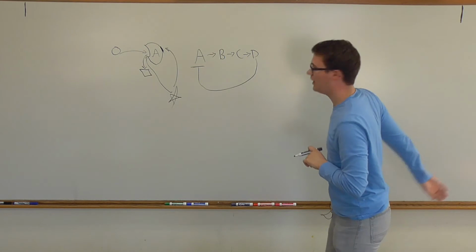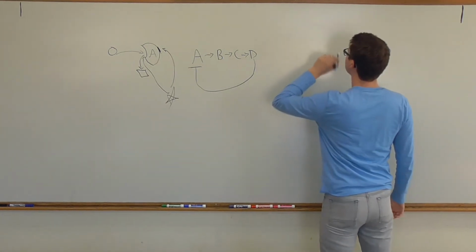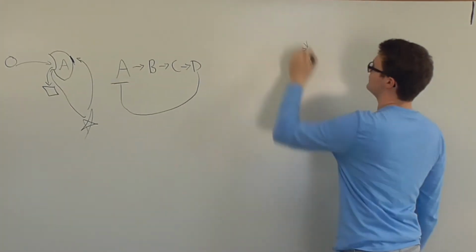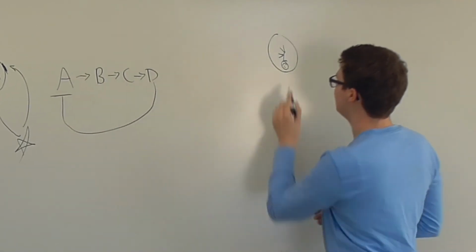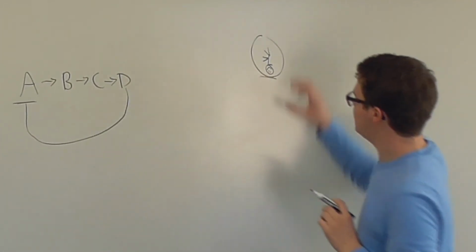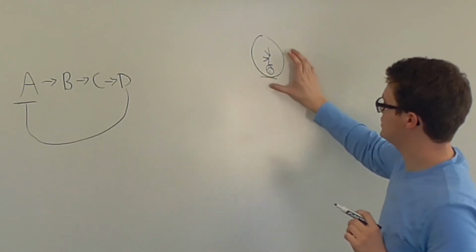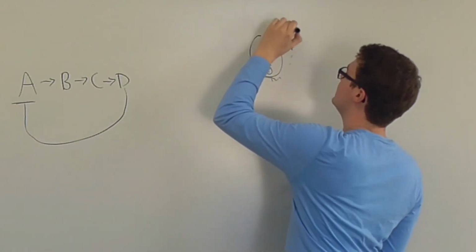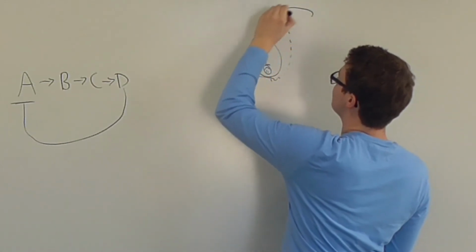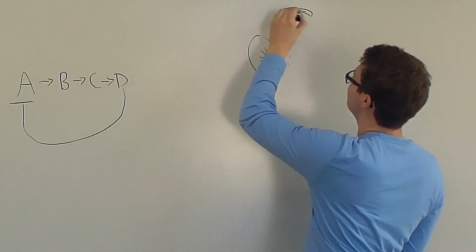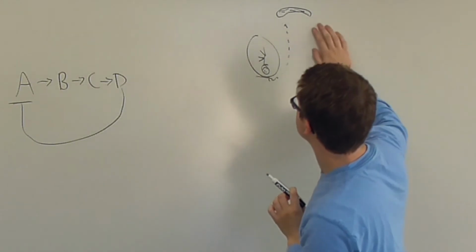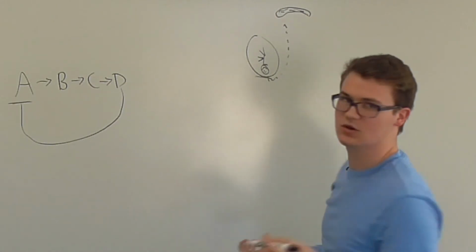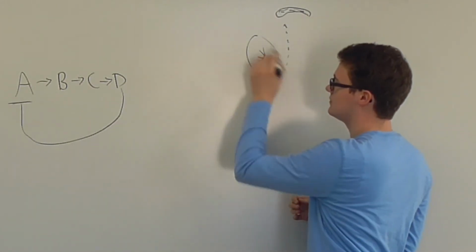But negative is only one type. Positive is another. So I'm going to draw here a baby. This baby is in, I don't know, that's like a uterus. And then you have a cervix here. The idea is as the baby continues to grow, it pushes against this wall, this cervix. And as that happens, a signal is sent up to the brain. That's not really a brain, but it's a brain. And the brain says, oh, this signal means I'm supposed to release a certain type of hormone. It's called oxytocin. Main thing to know about it right now, though, is that it causes this to contract.